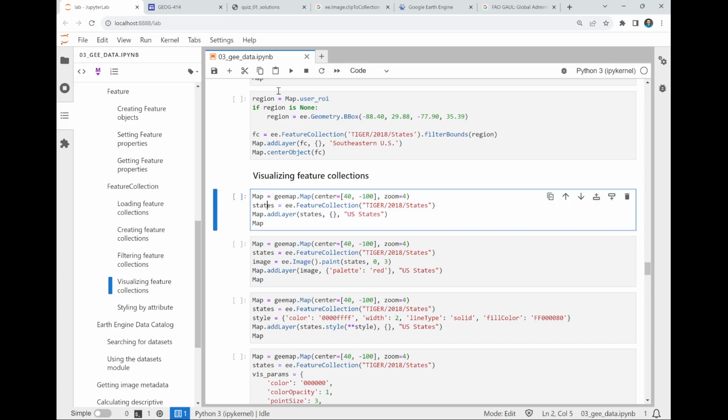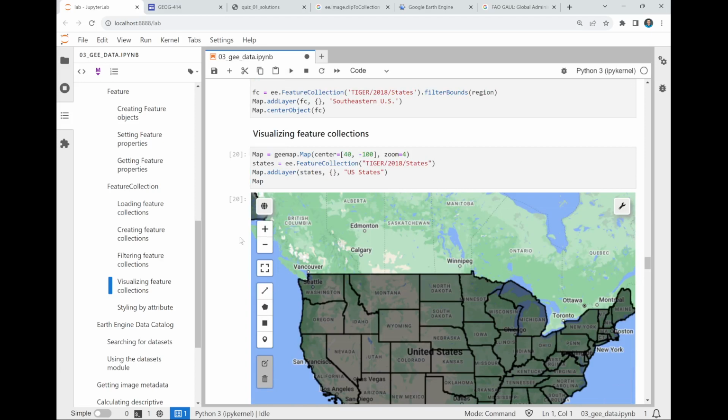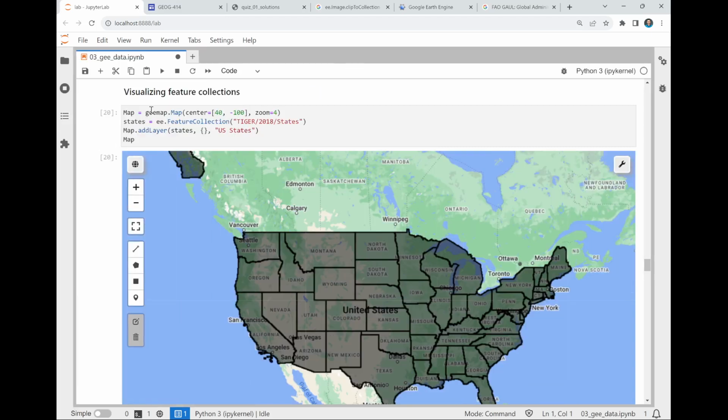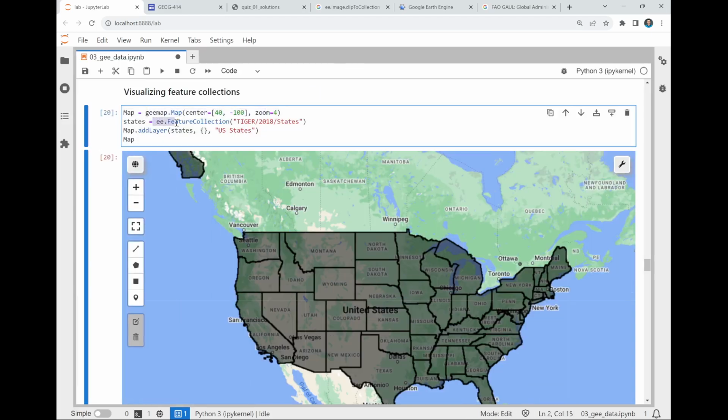So the easiest way is just to use the Map.addLayer, so it should be able to handle any feature collection. So this one here, for example, is the US states feature collection, right? So you create a map, and then you point to this feature collection, and then just add that. By default, you don't provide any visualization parameters. So by default, you'll get the black outline and then 60% transparent in the middle. Okay. So this is the way you want to add if you want to